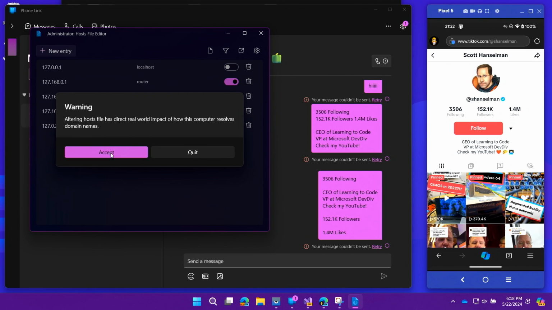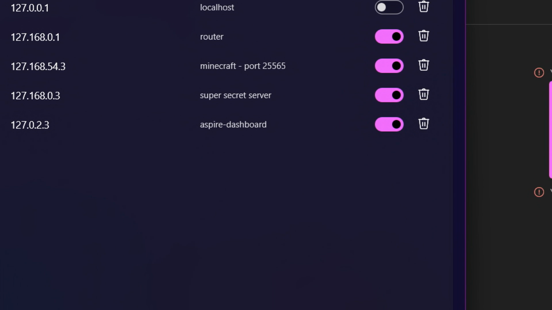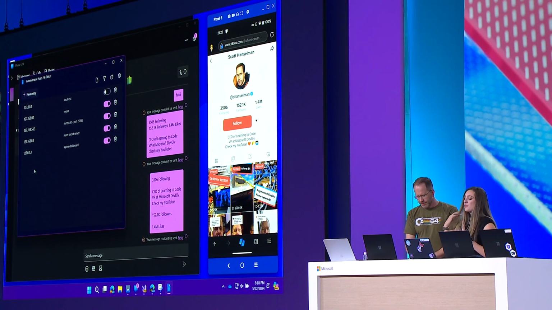You should use the hosts file editor, which cracks me up because every single time you open it, it says please do not do this if you don't know what you're doing. But I have made a bunch of basically aliases for various ports. I have my Minecraft server alias, I have my router at home, and then of course I have the Aspire dashboard ready to roll. So you just type aspire-dashboard and do it. Every time it warns you that this is a bad idea, you just click YOLO. That's totally fine. What could go wrong? That's a really nice, nifty little trick.